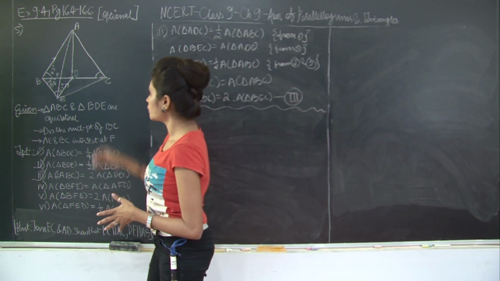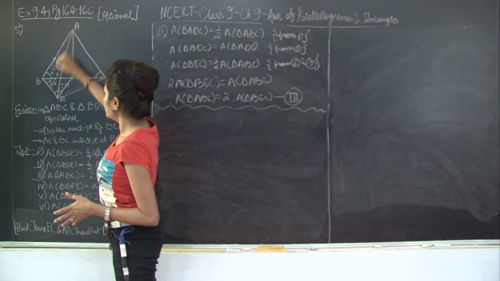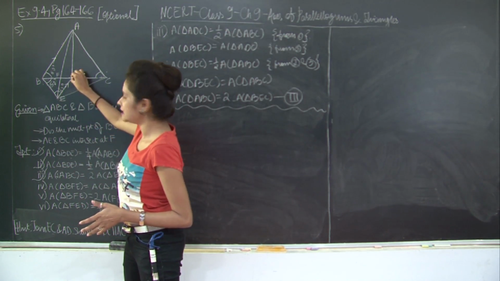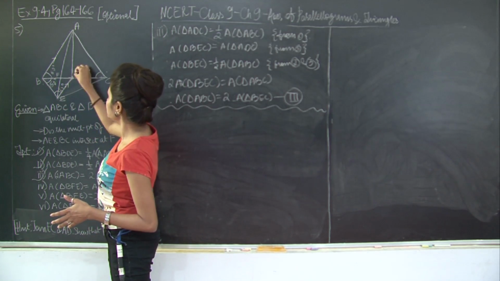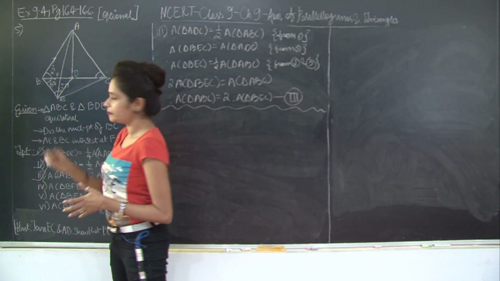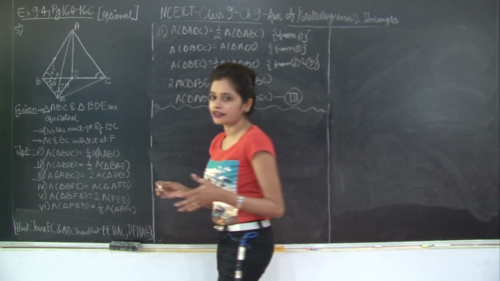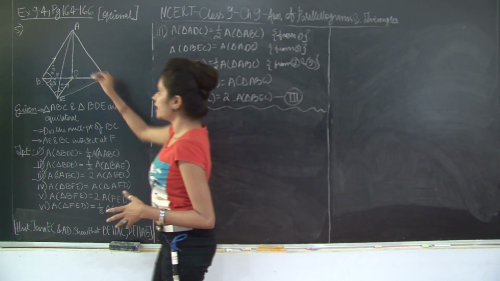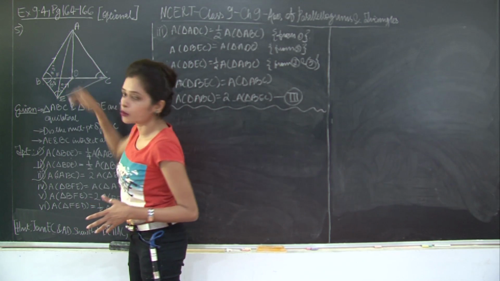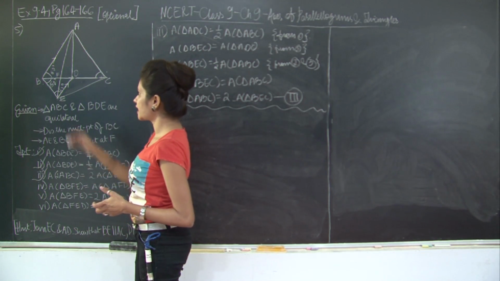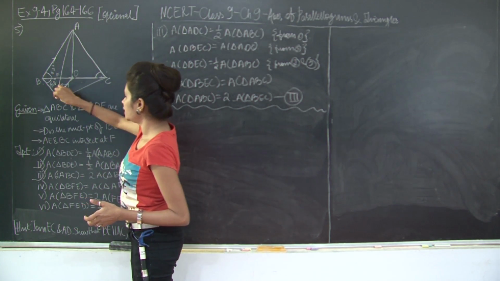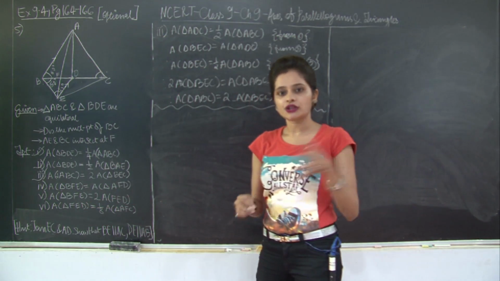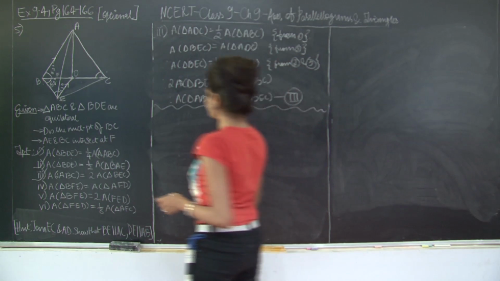Therefore, now coming back, what do we see? Triangle AED and triangle BDE, they lie on the common base DE, and between common parallels DE and AB. Therefore, what can I say? That the areas of the two triangles are equal. And then I will subtract area of triangle FED from both the triangles. So, what will I get? Area of triangle BFE is equal to area of triangle AFD, which is what we need to prove. So, let us go ahead and write this.